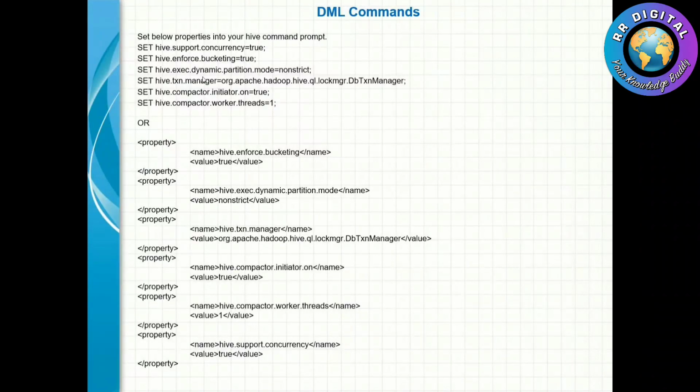In a few projects they enable DML commands, but in others they do not, due to performance issues. So here we'll add these properties and try to execute DML commands.